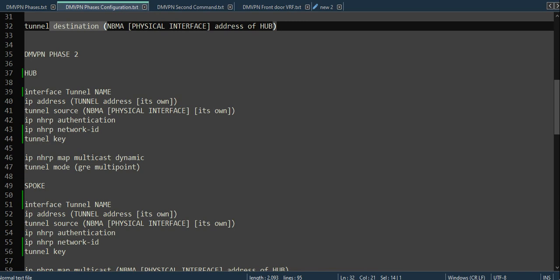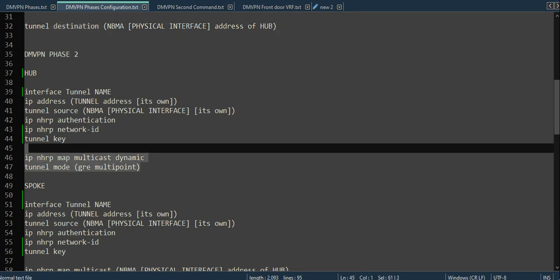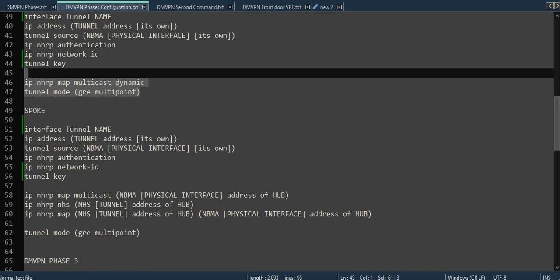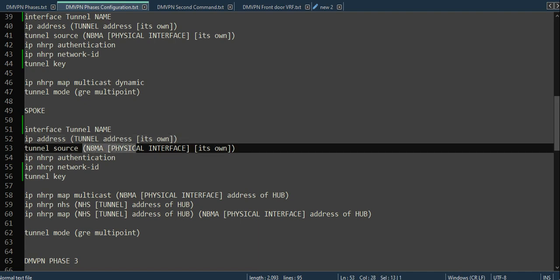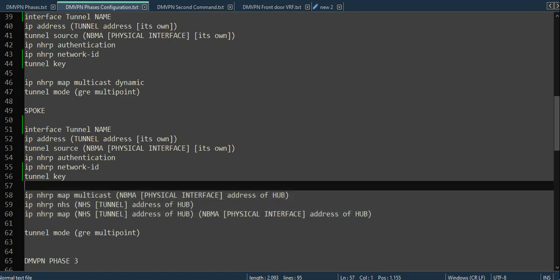On the hub, we use NHRP map multicast dynamic and tunnel mode GRE multipoint. On the spokes, we create the tunnel name, IP address of the tunnel, its own IP address. Tunnel source is the physical address, its own IP address. NHRP authentication, network ID, tunnel key. And for the spoke, we have NHRP commands: NHRP map multicast,